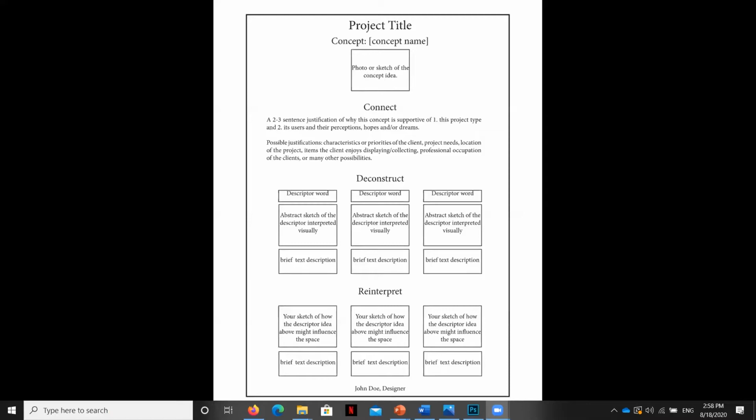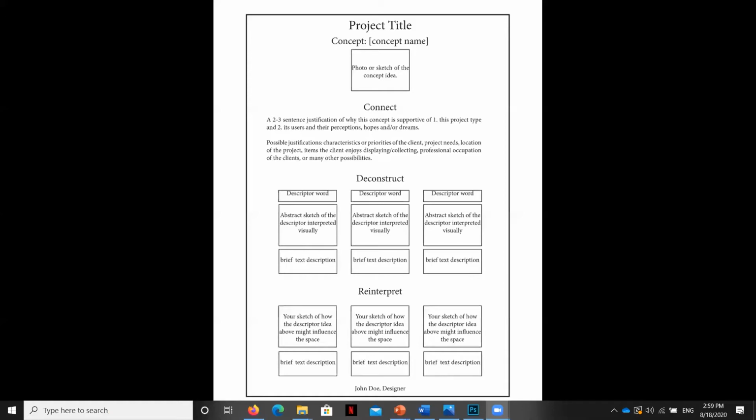You might also now use a brief text description under the word that shows your thought process and what you were thinking about as you were drawing these images and thinking about these descriptor words. Once you've deconstructed, it's now time to reinterpret. This is the step where you think about how these elements and principles of design might represent themselves in your physical space.